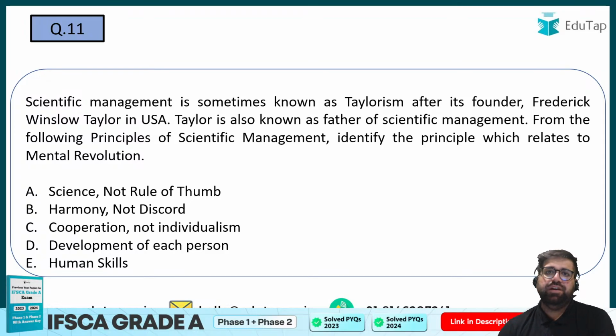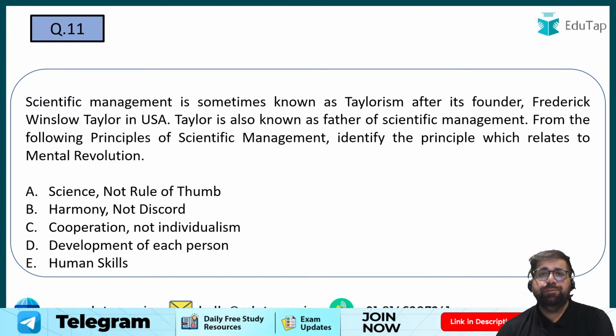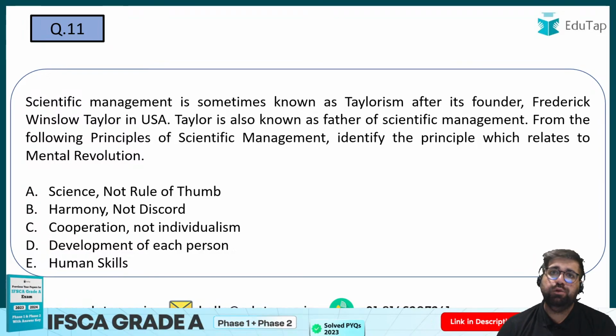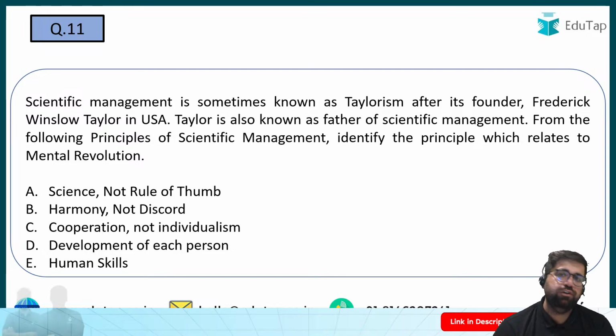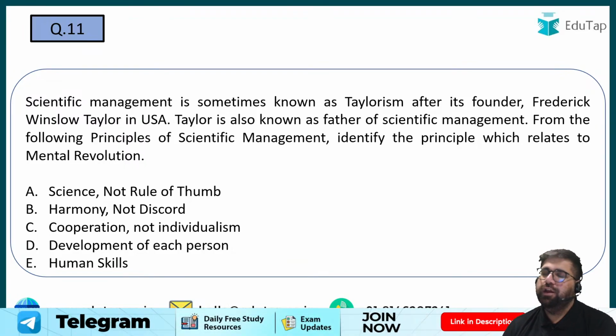First of all, what is mental revolution? Mental revolution basically means that you and your superior have both changed your perspective related to each other. For example, if I say I hate my boss and the boss says I hate you as well, definitely there will be a feeling of hatred which is mutual. But if you follow the process of mental revolution, by which I mean you change your mindset, your boss will say it's okay, I have a good employee. Your employee will say yes, I have a good boss as well.